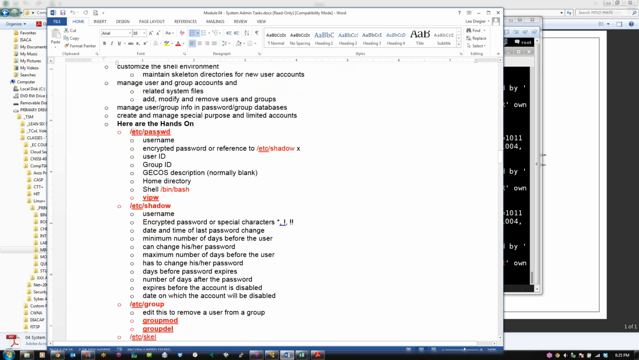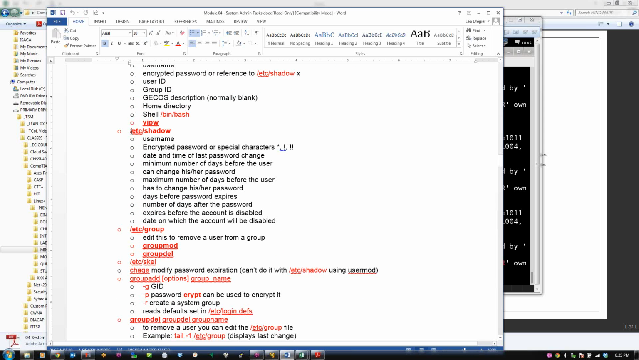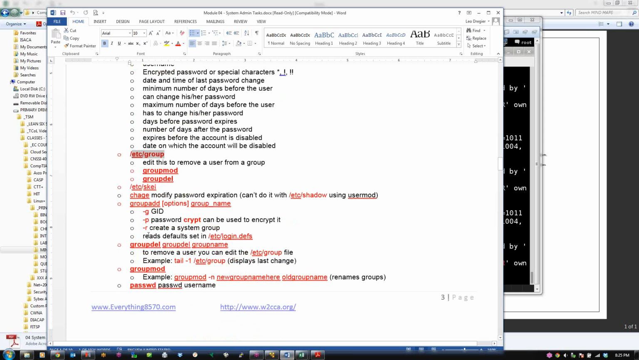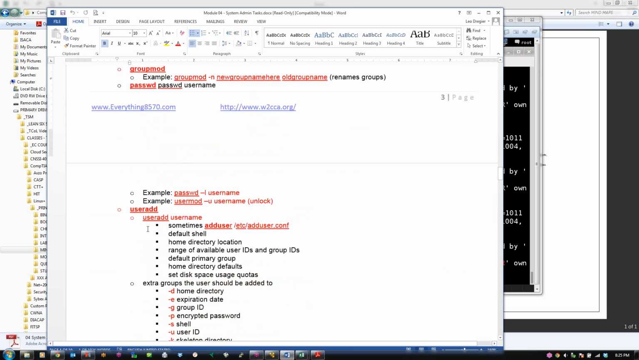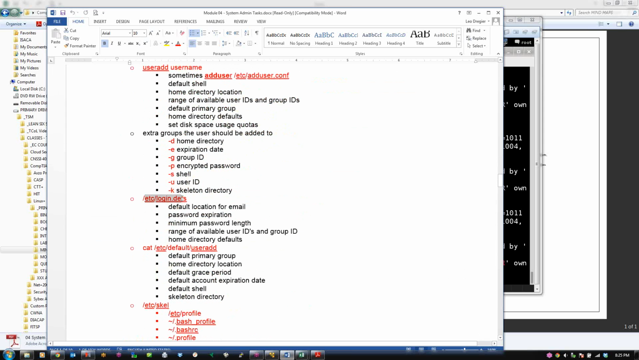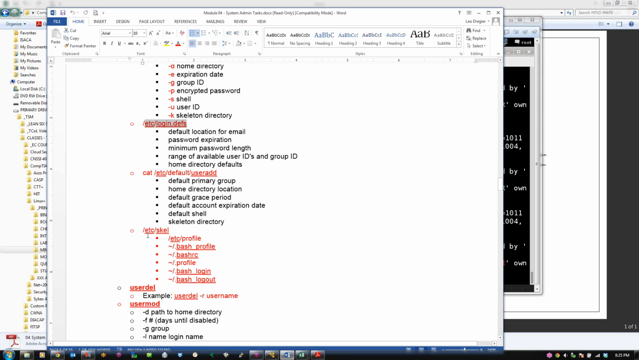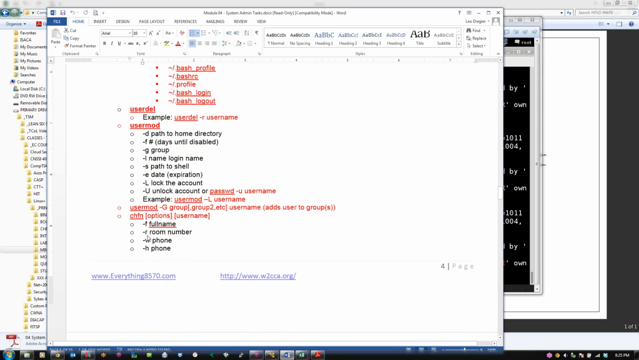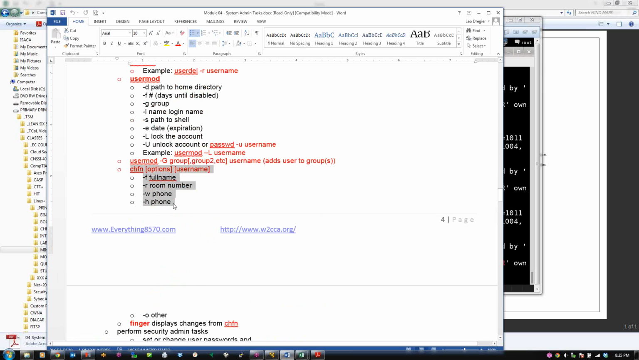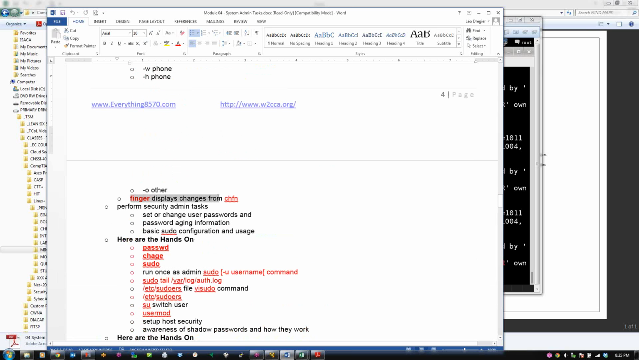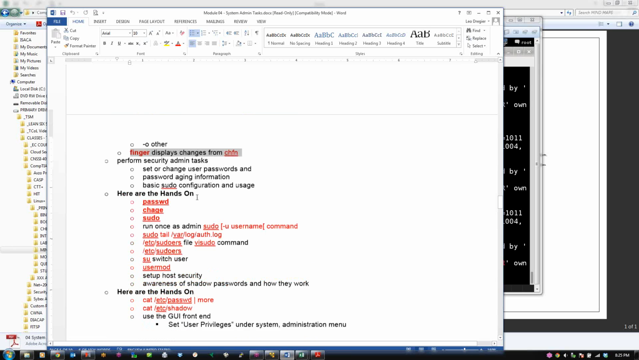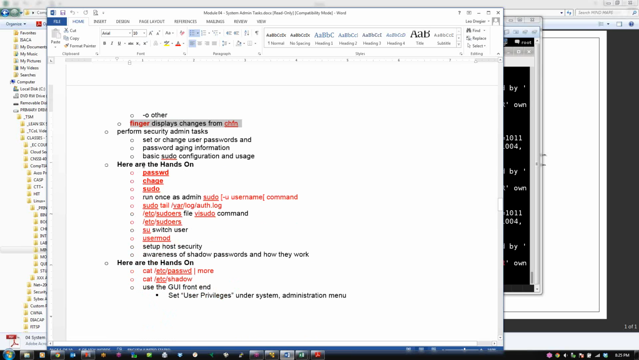Some other hands-on, looking at the /etc/passwd file, looking at the /etc/shadow file, /etc/group file, the different commands, looking at the login.defs file, chfn, finger. You notice this is all stuff that we've just done, right in the mind map here. So other hands-on, sudoers,